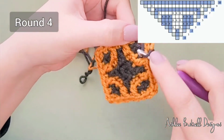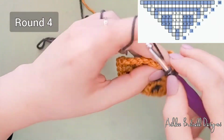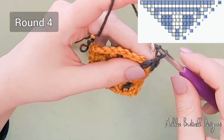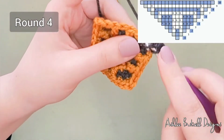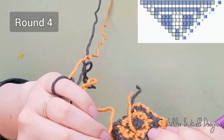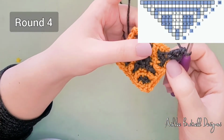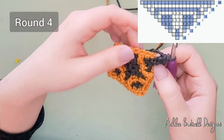So double crochet into that front loop only, and we're just going to do one double crochet and a chain, and then another double crochet in the same spot. And that's how we get our corner. This little loop, he didn't get carried quite as much this time, and that's just how it's going to have to be. And our next stitch, because everything's kind of getting squished in here,